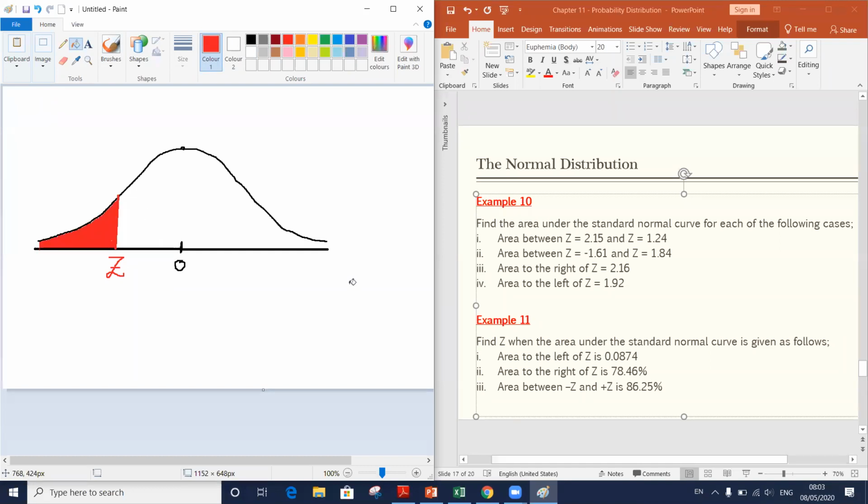This is what I need to consider. Why, instead of having a Z point here, have I considered it on the negative value side? I'm on the negative side, right? Area to the left of Z equals